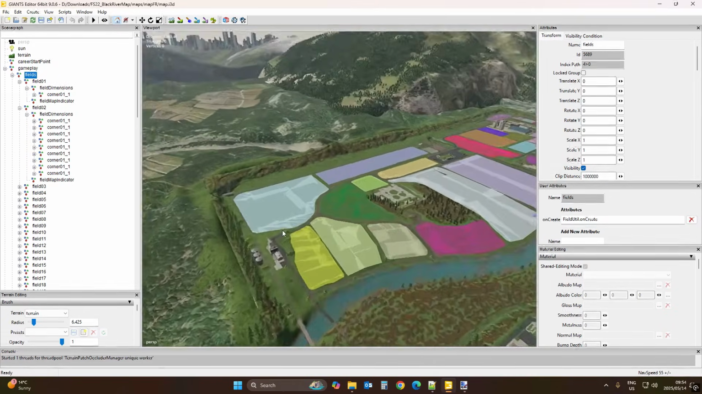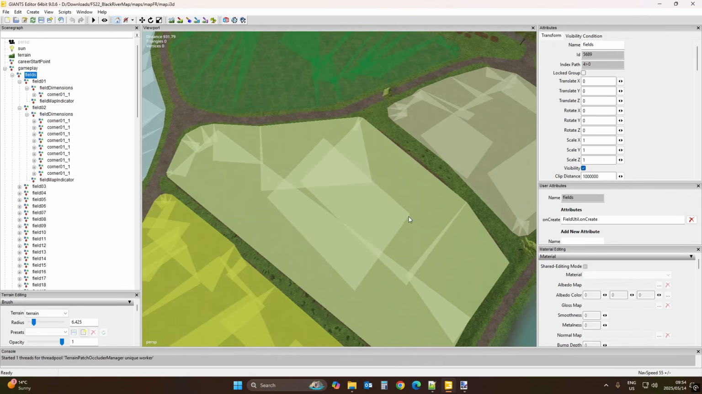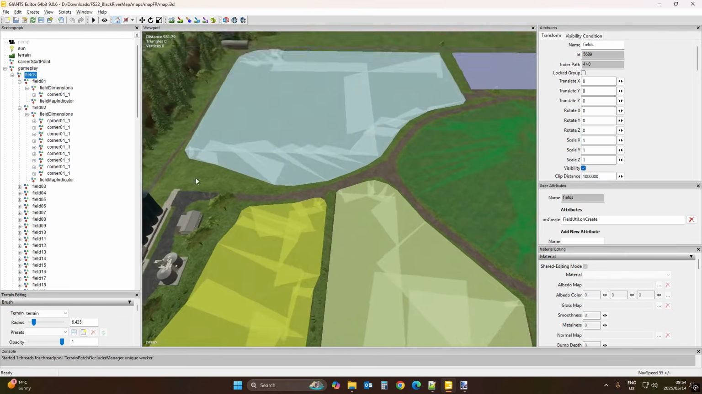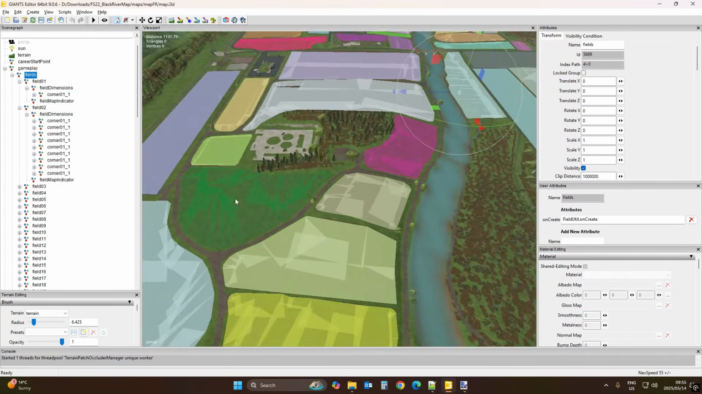Now you can see here, guys, I can quickly show you. You can clearly see the problem. You see this guy, he placed a field dimension in the field, and he's done that many times. Look, there's another one there in the field. He has done this many times on this map, and I had to fix all of these. It was a pain,